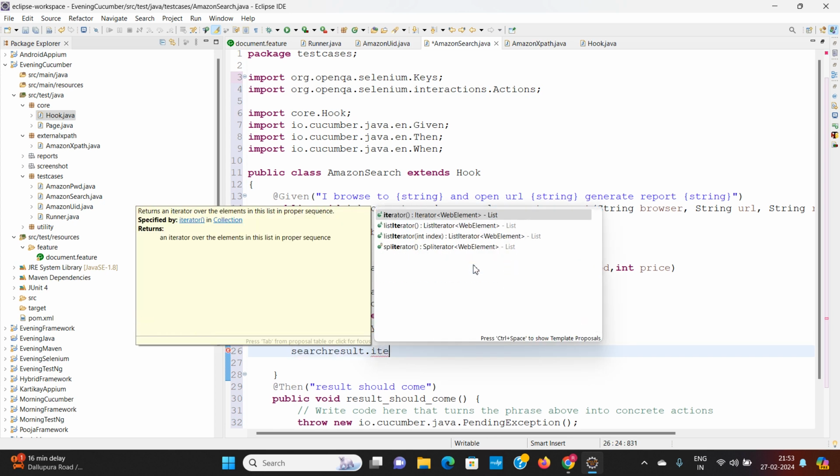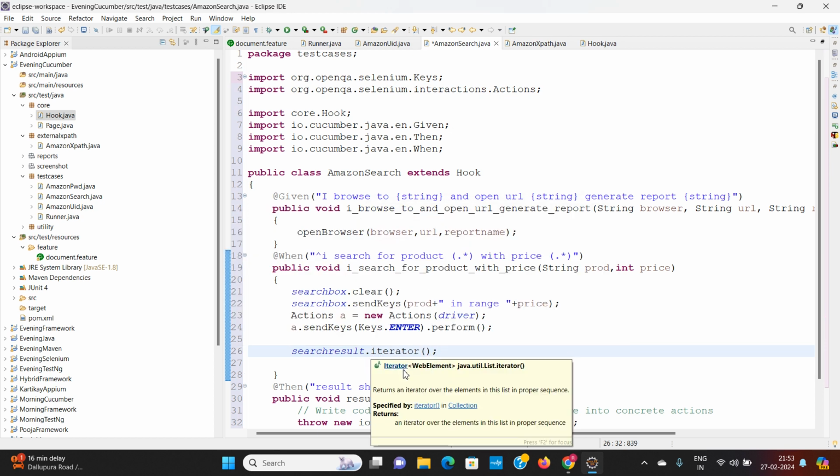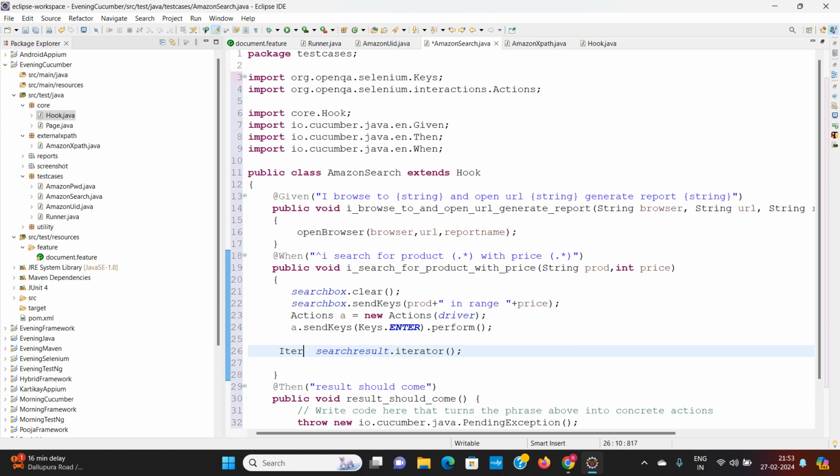Dot iterator, okay, will iterate the result.